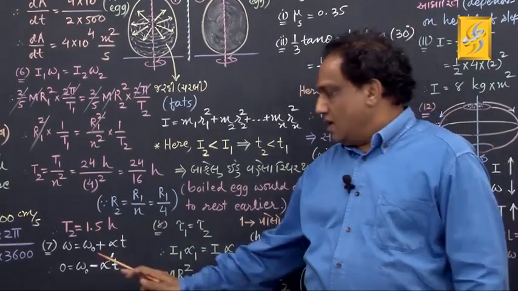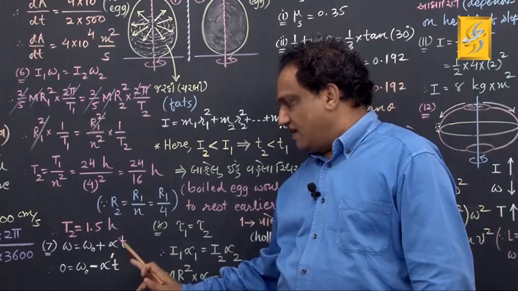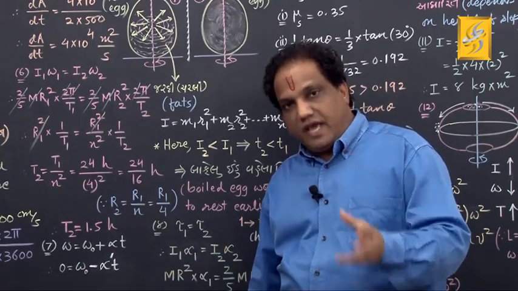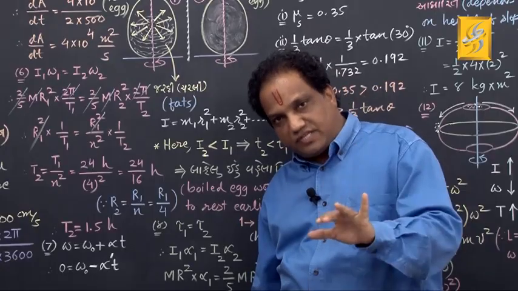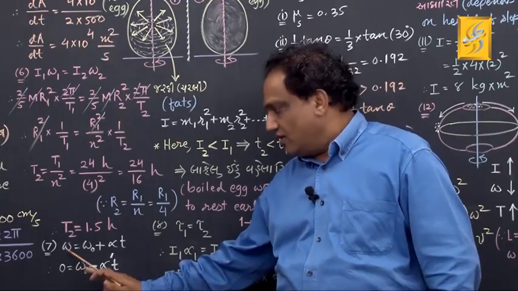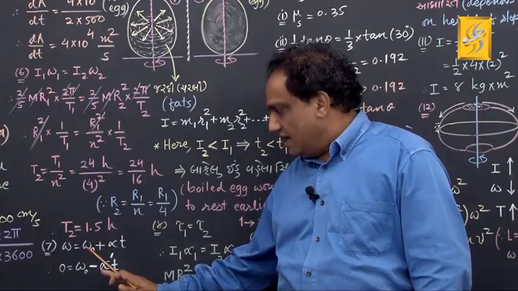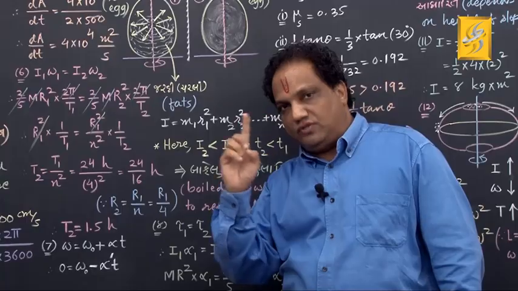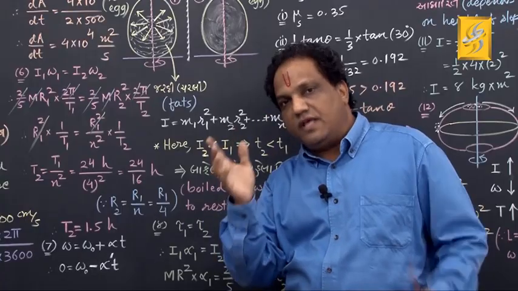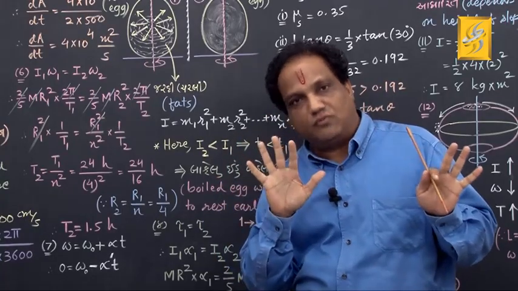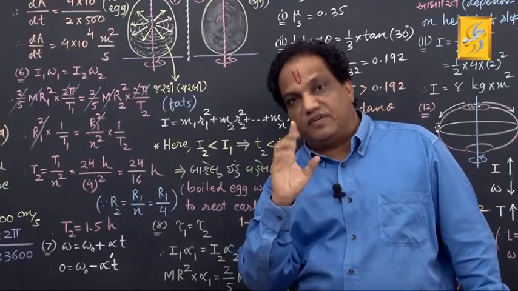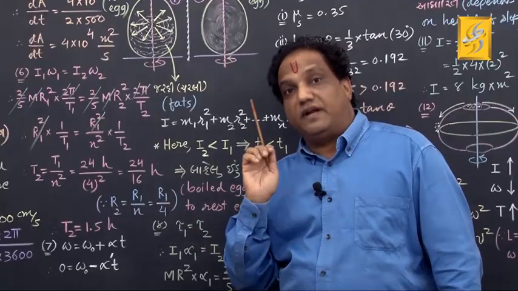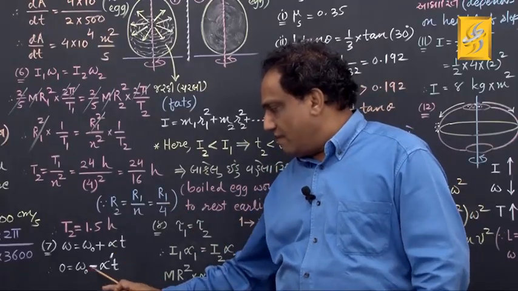Omega equals omega 0 plus alpha into t. We are given 2 eggs, and if both the eggs are coming to rest after some time, then the final angular speed must be 0. Initial angular speed as it is, but instead of alpha, as time passes on, the angular speed goes on decreasing, then only after some time both the eggs come to rest. Because angular speed decreases with time, there is actually angular deceleration, and mathematically we write it negative. So instead of alpha, I am putting minus alpha dash